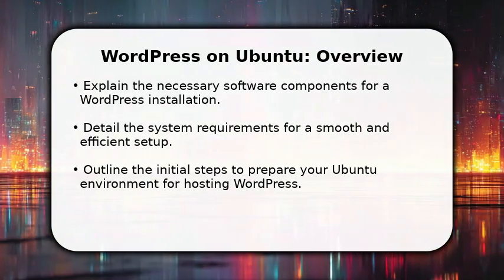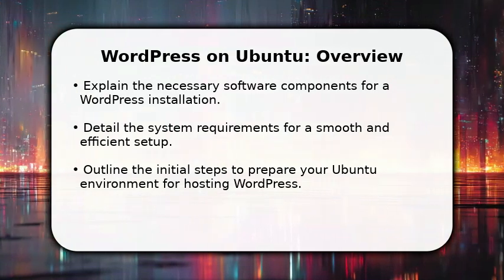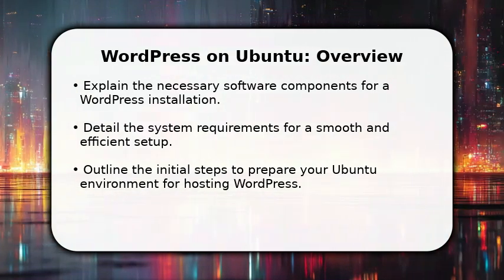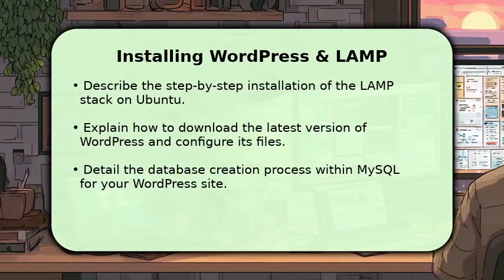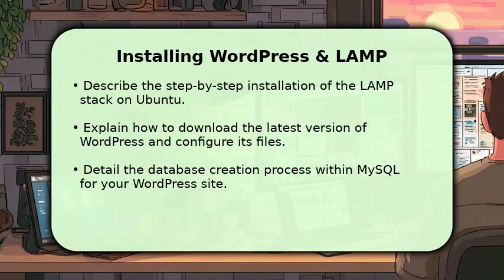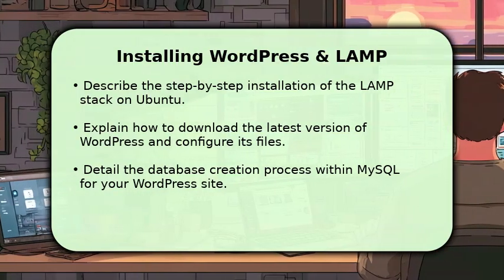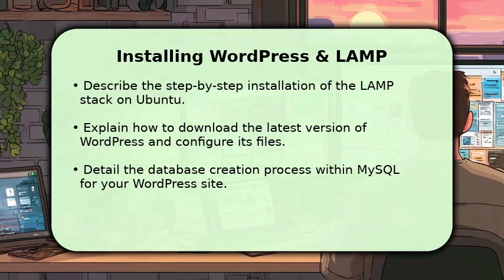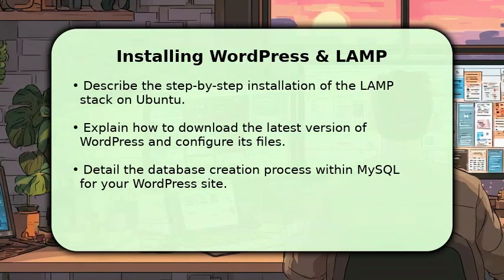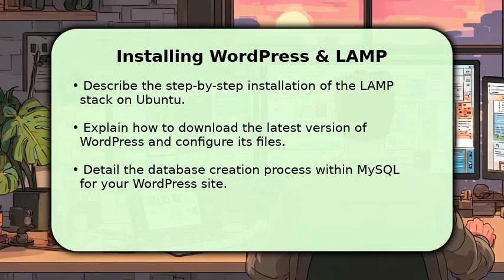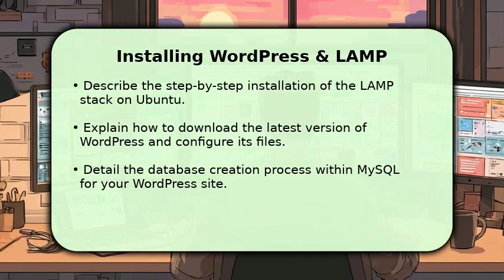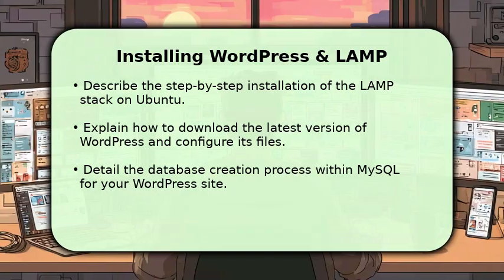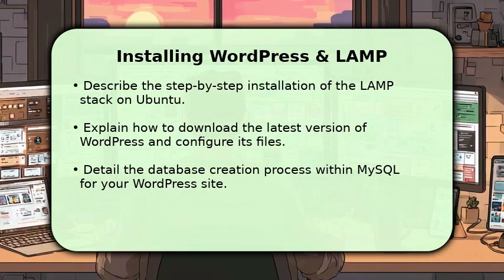Finally, we'll outline the initial steps to prepare your environment, including updating your system's package list and installing any preliminary tools. Next, we'll dive into the installation process. First, you'll install the LAMP stack, which involves running a few simple commands to get Apache, MySQL, and PHP up and running. Then, we'll download the latest WordPress archive, extract it, and place the files in the correct web server directory, typically